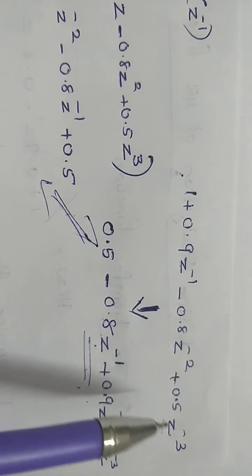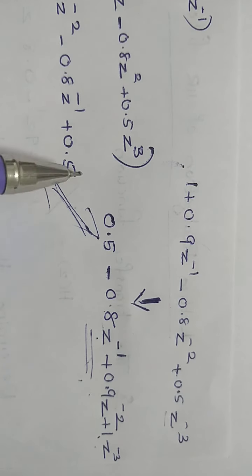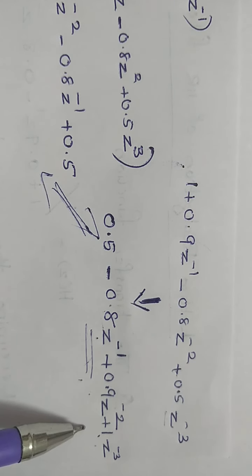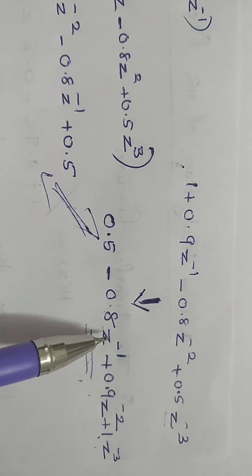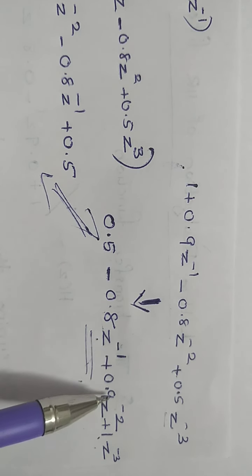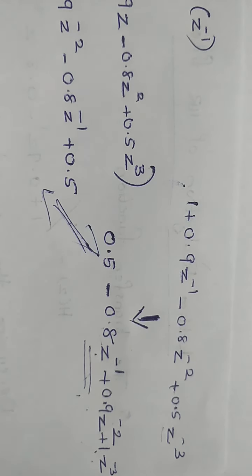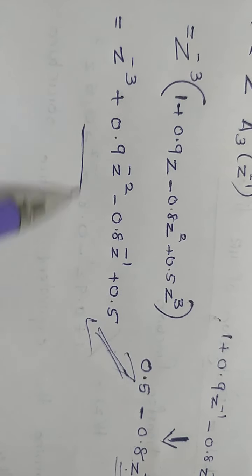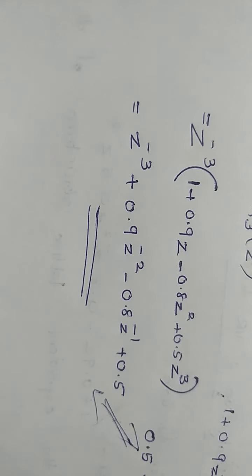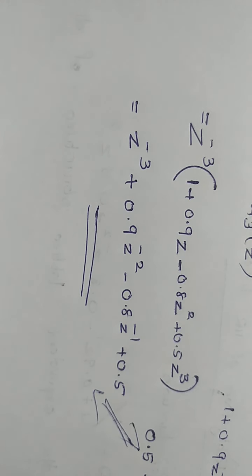The better way is to do it like this. The given equation, you write all the coefficients in the reverse direction, in such a way that first is the term without z, second term z inverse, third term z raised to minus 2, fourth term z raised to minus 3, like that you go. Okay, same equation we will be getting. So this is the value of b3 of z. Now we have the value of b3 of z.